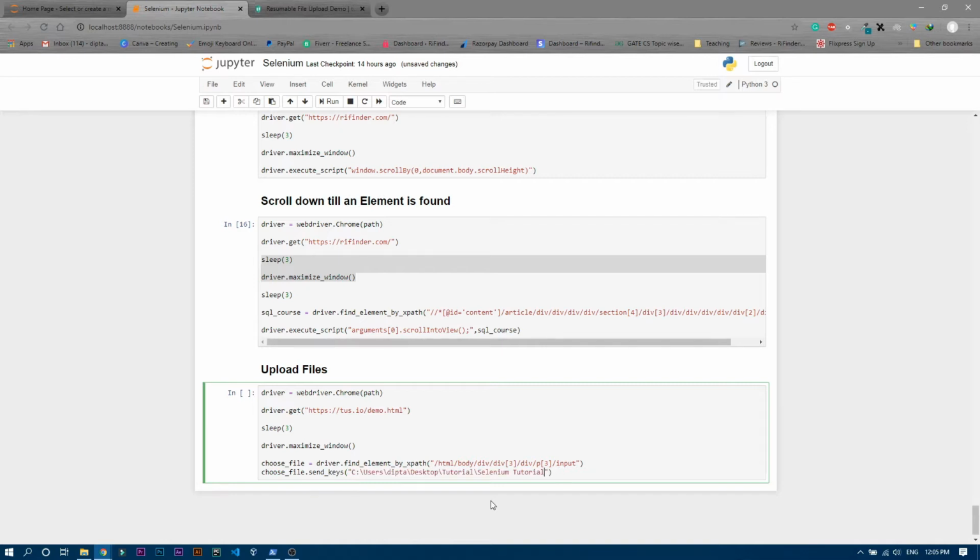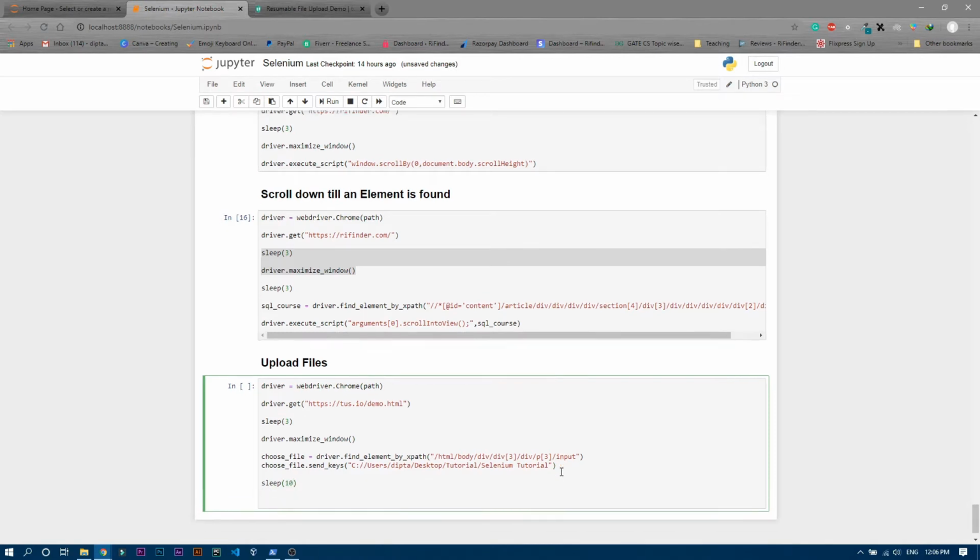Always remember, instead of writing backward slash, we have to write forward slash. So change the backward slashes to forward slashes. Perfect. After that, we are obviously going to wait for some seconds so that the file can upload properly. So we're going to write sleep for 7 seconds. Because it will take some time, I'm choosing 10 seconds. That will be on the safer side, right?